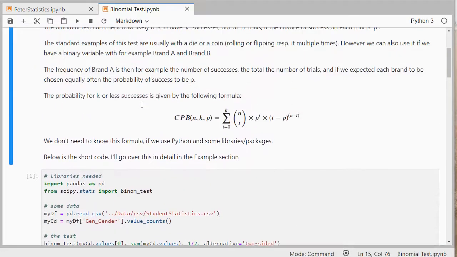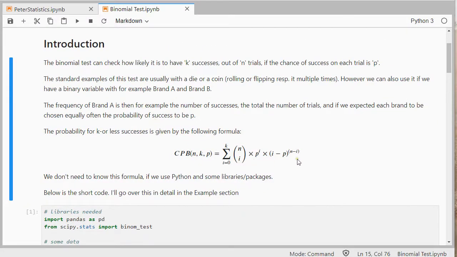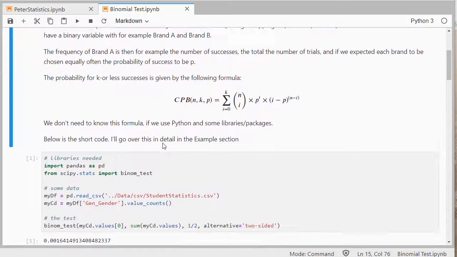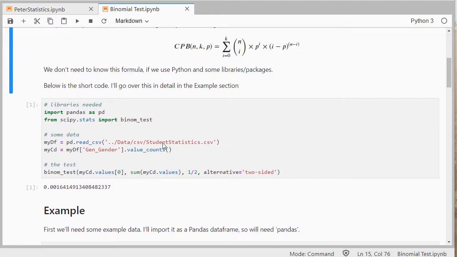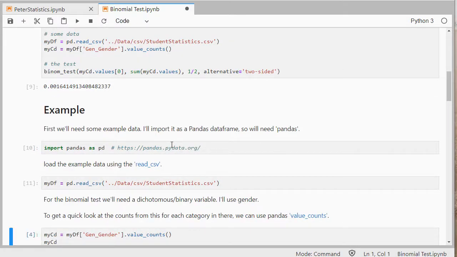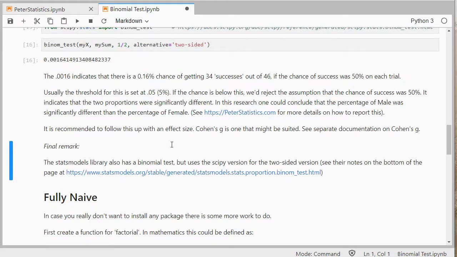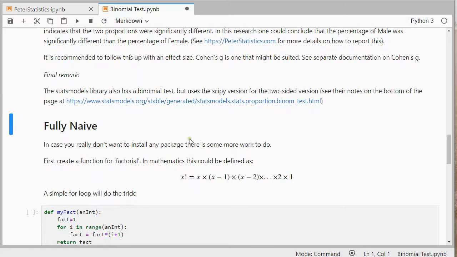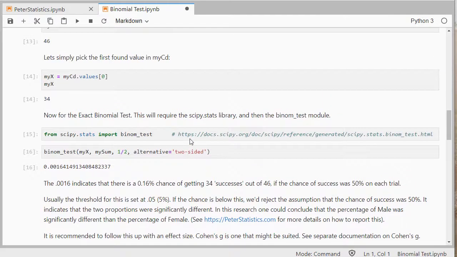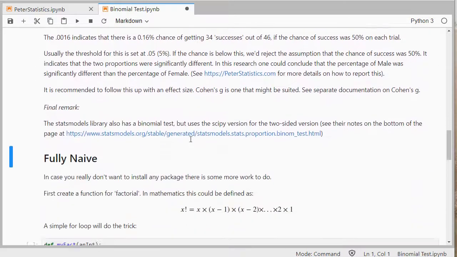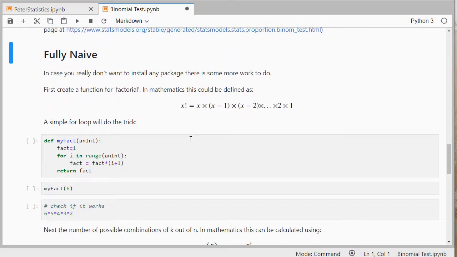The main formula for a binomial test is here. In this video I'm going to skip over all of this. Actually, I will run it just so that I don't have any other issues. Here I'm using some libraries, and in this video I will be going over a fully naive approach, as I call it, and then we're going to simply build up that entire function ourselves. It's of course not optimized, which probably the SciPy version of the binomial test does, but just for pure theoretical